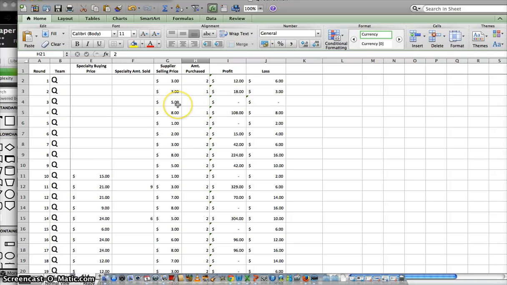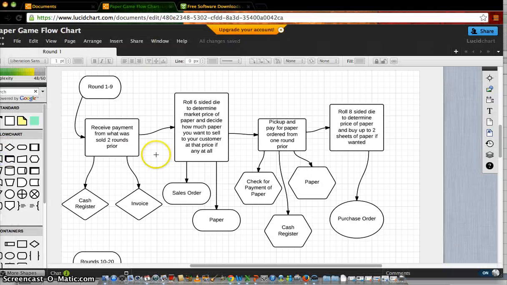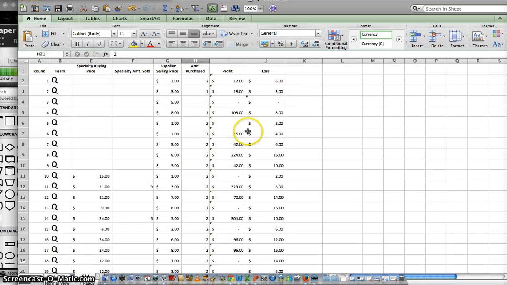In round 3, we got the cash for the invoice from the sales of round 1, as well as purchased 100, or no, this is round 4. And we didn't sell any in round 3. Because we never made money, 2 rounds later was when we decided to pick up the strategy to always buy paper, because we came to a point where we never made any money and we needed to make money to obviously keep buying inventory.